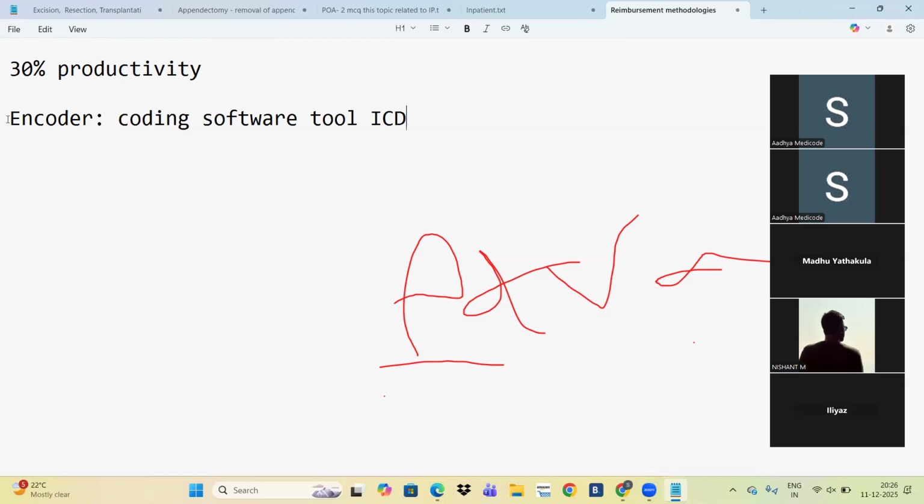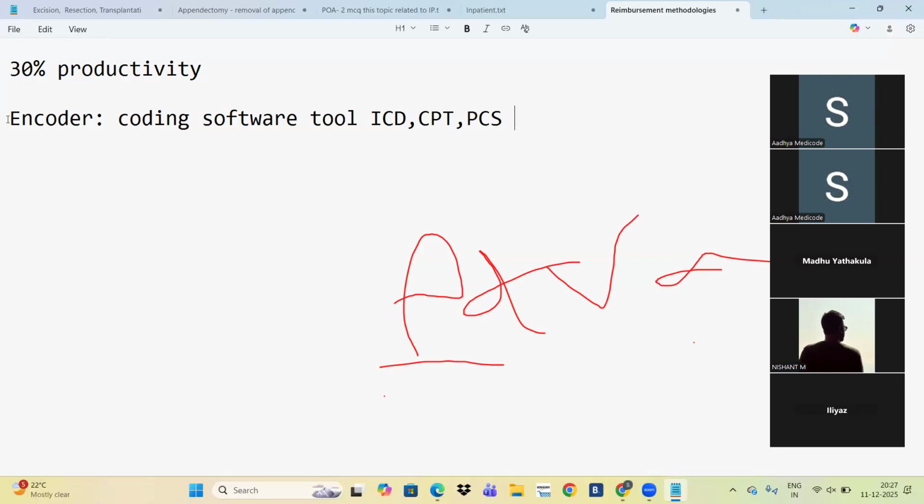We have software tools like encoder, Epic, 3M, different types of software tools. Based on the software tool, we can look up any code alphabetic index wise, tabular list wise, keyword search wise, or if you directly enter the code, it will suggest the remaining code letters.